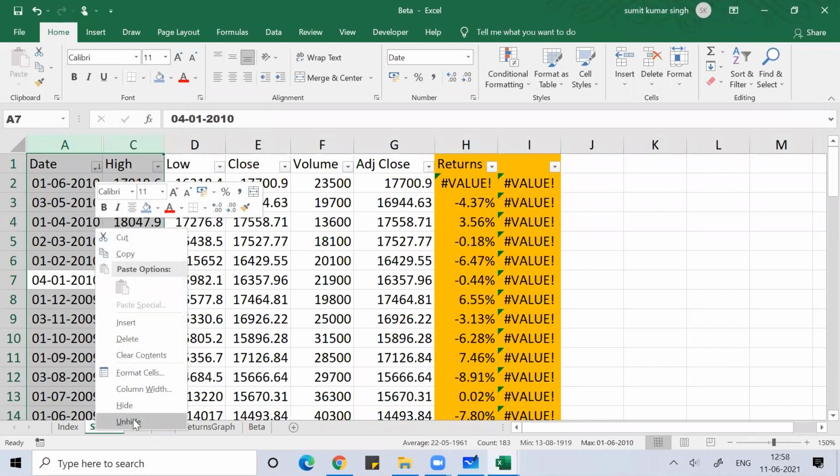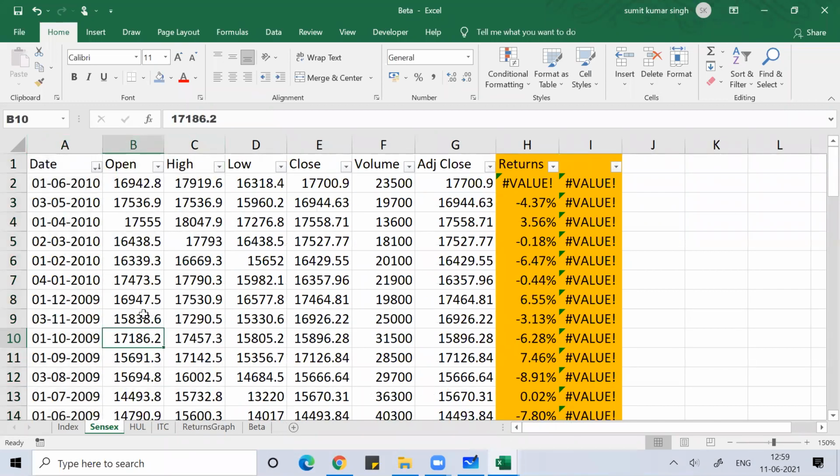Actually, if you go to the Microsoft Office website, the shortcut key for unhide is given as Ctrl+Shift+0, but that Ctrl+Shift+0 does not work, at least it's not working in my system. If it's working in your system, it's well and great. Then the shortcut key for unhide would be Ctrl+Shift+0. That is given on the Microsoft website. It does not work in my system. So I'm using my mouse, I'm right clicking and I'm clicking on unhide.